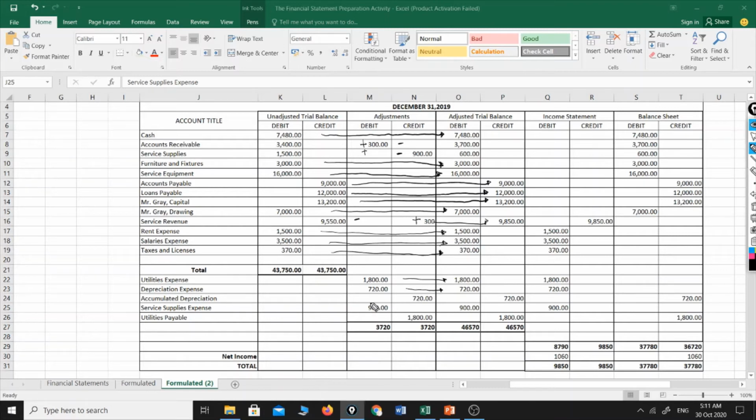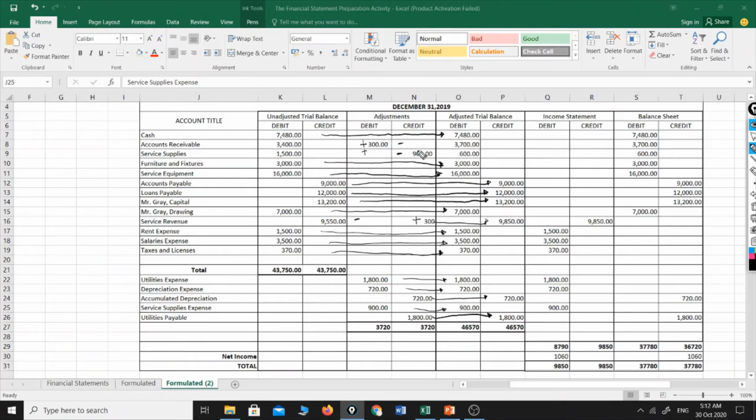While accumulated depreciation is credited, so we just put it on the credit side of the adjusted trial balance. The service supplies expense is debited also. And lastly, the utilities payable is credited, so we just extend this one to our credit column under the adjusted trial